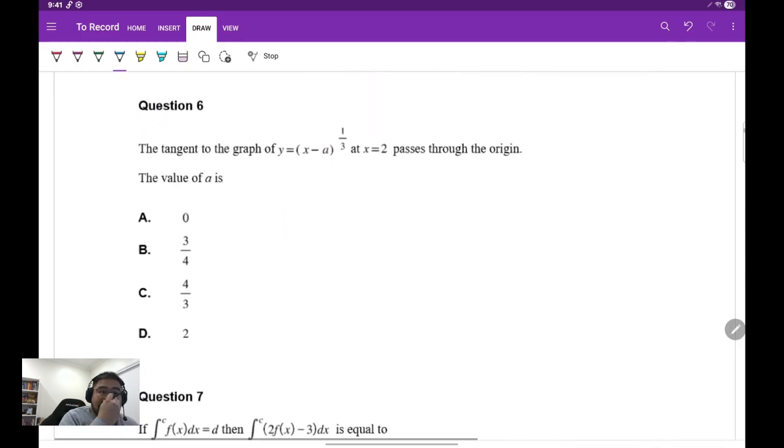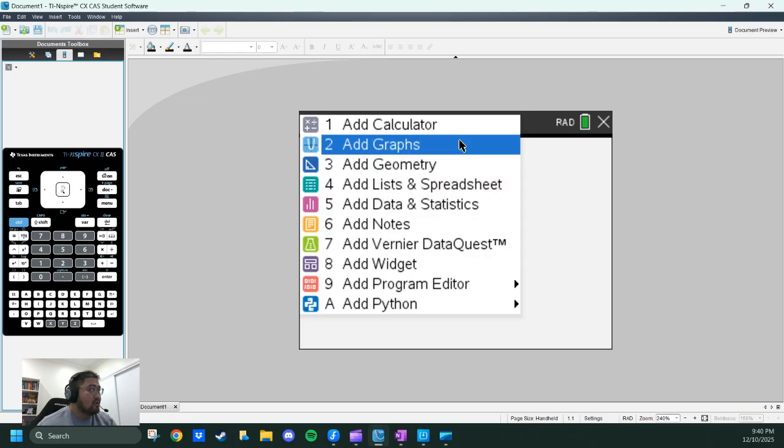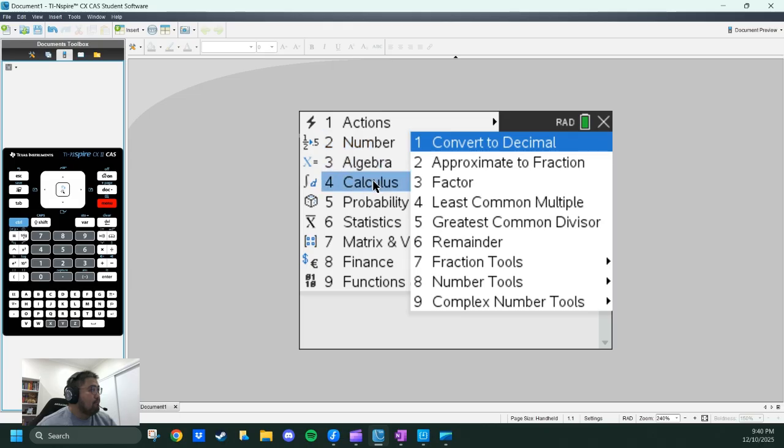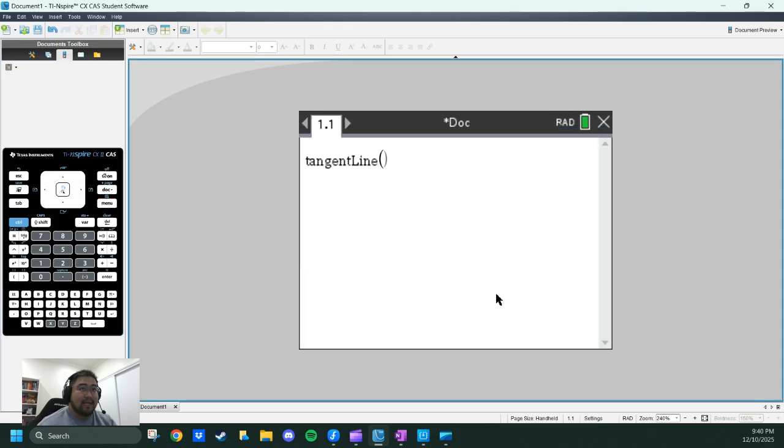All right, let's look at question 6. Now, question 6, I jumped straight into the tangent line formula. So it says the tangent to the graph of that at x equals 2 passes through the origin. What's the value of a? So let's use the tangent line formula. So let's go calculator, menu, calculus, tangent line, and we're going to type in y equals, in this case,